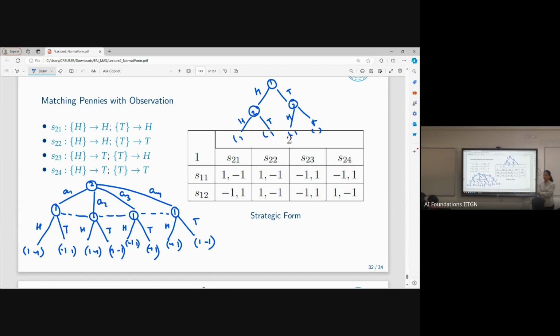So how many strategies would player one have? Only two strategies. Head and tail. Head or tail. So you put one here, keep two strategies, head or tail. And how many strategies would player two have? Four. A1, A2 for epsilon, A1, A2. So keep that A1 here, A2 here, A3 here. Will the matrix look the same? Yeah. So can two different extensive form games have the same strategic form representation?